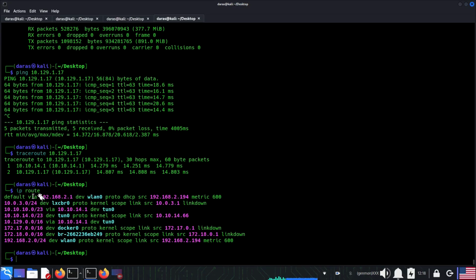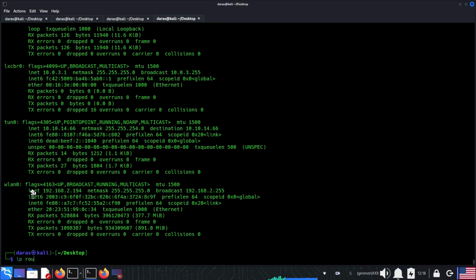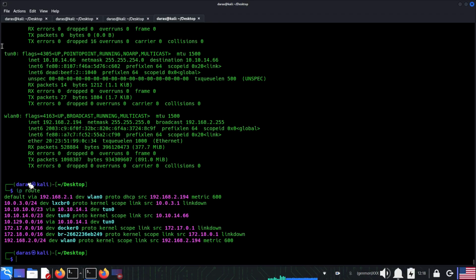Maybe let's clear the terminal, let's do the ifconfig again, and now ip route, because I want to compare it to this interface. So here as you can see, this is our IP in this interface, 10.10.14.66. And now if we want to go to any of these networks, to any of these ranges, for example here you see